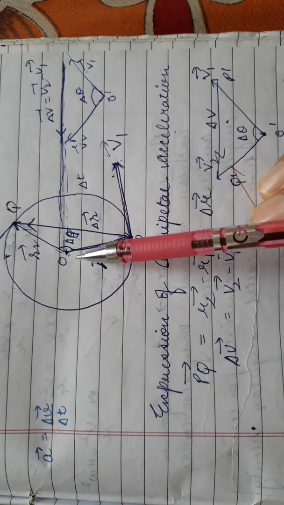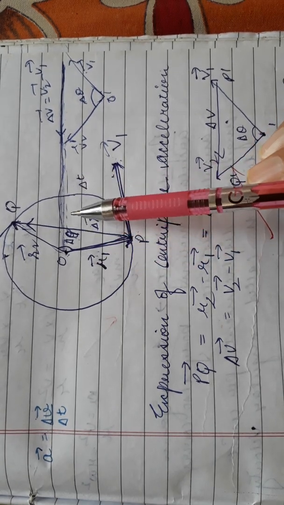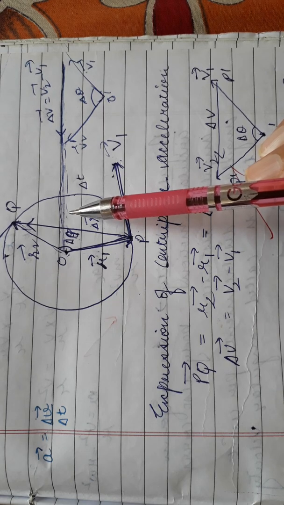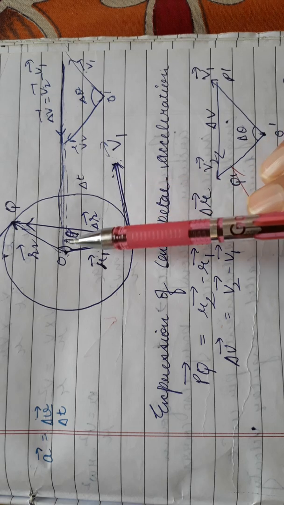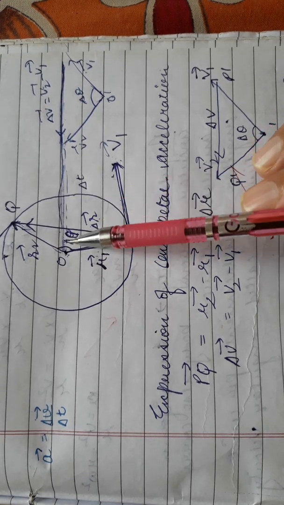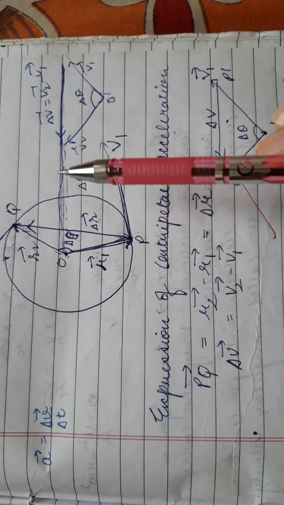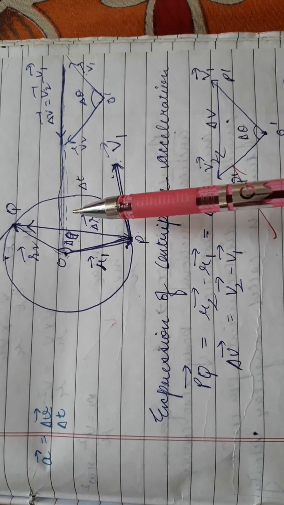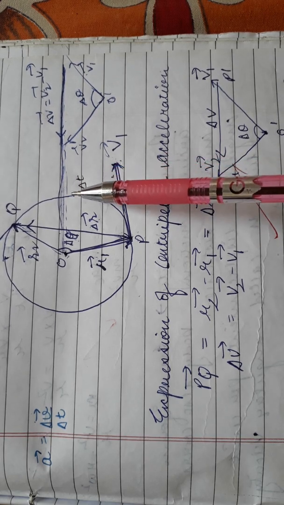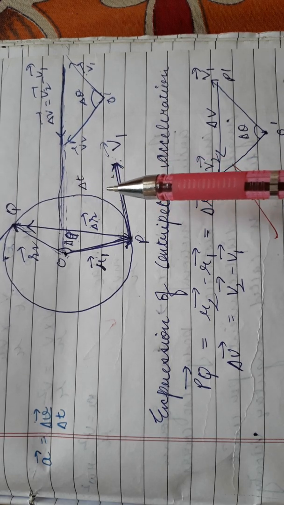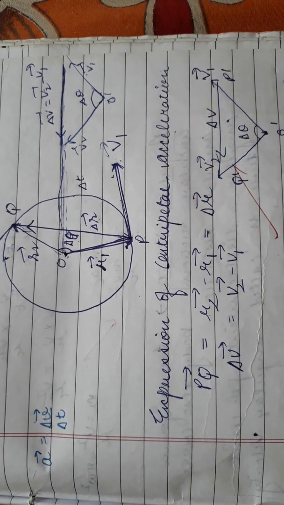So this acceleration is called centripetal acceleration, and in the next chapter we will study the force in circular motion. Since the acceleration is centripetal acceleration, the force is centripetal force. It is very important: in order to move an object in a circle, what is required? Centripetal force is required. We have to see where this centripetal force is coming from. So we are going to derive a formula for centripetal acceleration.